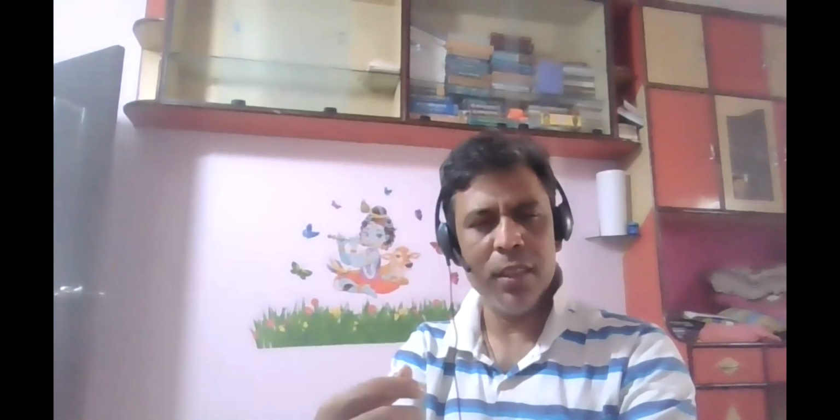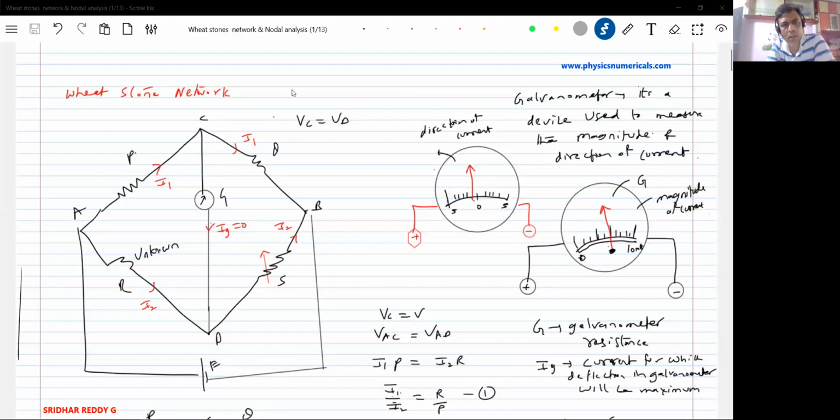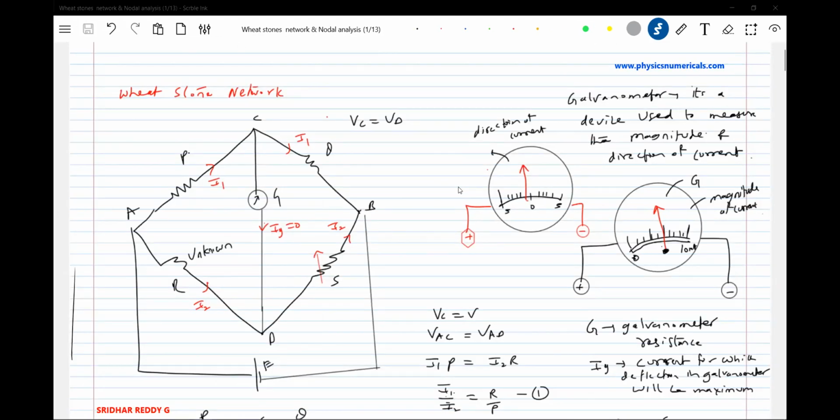So from this point afterwards in current electricity, what you are going to learn will be all about the techniques, the different methods, to find out the current in a branch, or to find out the potential, or to find out the power dissipated across any element in a branch. Okay, let me take you to the screen. I have already written this to save time, since scribbling it all would take time.